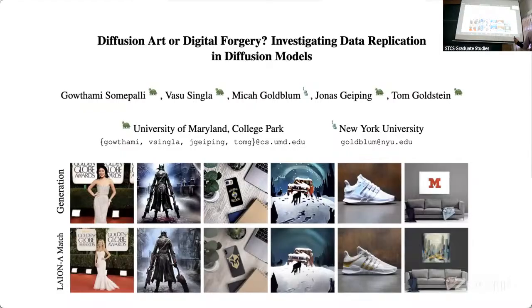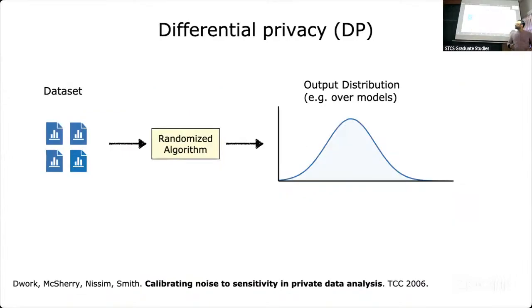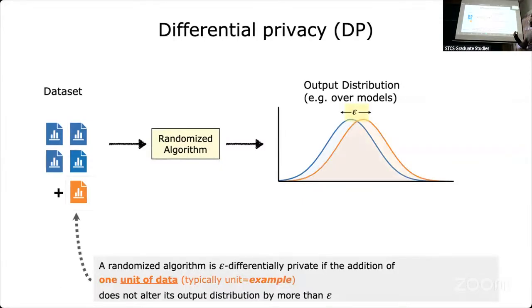So this kind of leakage, the standard way to prevent this is differential privacy. If we think of our learning process as a randomized algorithm which takes in a bunch of data and returns a sample from some probability distribution, in this case over models which are being trained, what differential privacy says is if I change my data set by a little bit, say for example adding or removing some data, the output distribution of the algorithm doesn't change by very much in a very precisely quantifiable sense.